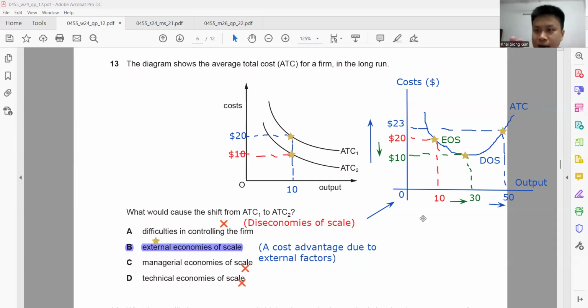But then the graph, the most they can ask is in paper 1. As far as your syllabus is concerned, you haven't learned any graph about economy of scale and diseconomy of scale yet. So if they really want to ask you anything about economy of scale and diseconomy of scale in terms of graph, this is the kind of graph they can ask you only. Actually, this is still not a proper graph to show economy of scale and diseconomy of scale because you haven't learned it in depth yet until A level.